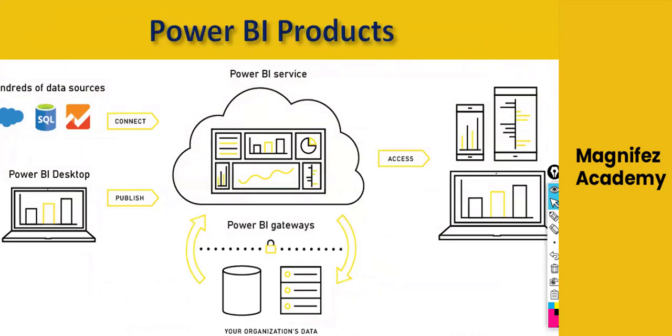So what are the different Power BI products? Today, the core products in Power BI are Power BI Desktop, then we have Power BI Service, then Power BI Gateway, and different mobile-level Power BI and all. So let us talk about the core part. Whenever you are a data developer and you want to build a data visualization, the best place to build it is Power BI Desktop.